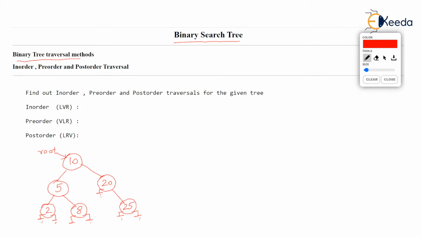Now, our aim is that we are given a binary tree. As I have drawn in red color over here, this is a binary search tree. As you can observe, less than and greater than rules are followed over here, and the values which are less than 10, that is the value of root, are added to the left, and values which are greater than 10 are added to the right. So what we are given is a binary search tree, and we want to traverse the tree.